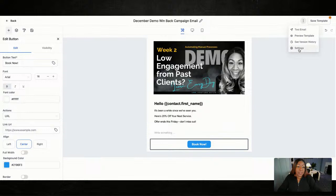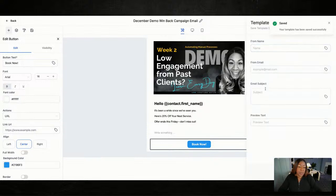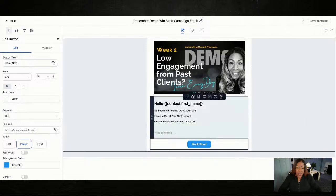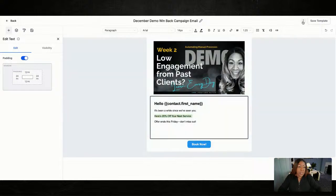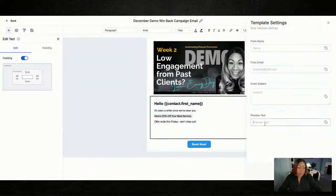And then the subject to the email, under settings, we can do custom stuff here, but your subject line would go here. And then you could even put some preview text. So actually, what would be a good idea is let's put the coupon here in the preview text so they can see it. And then for email subject, let's use,